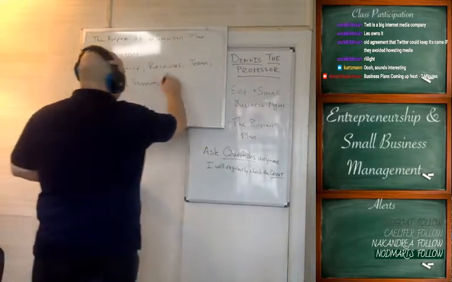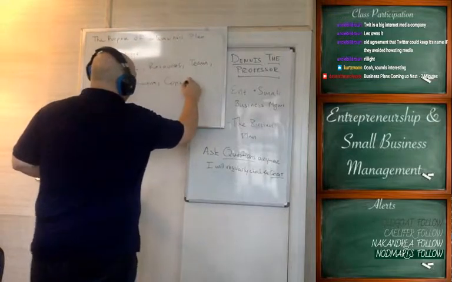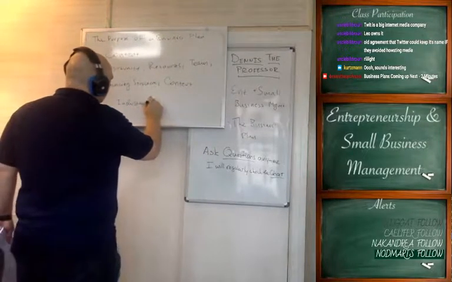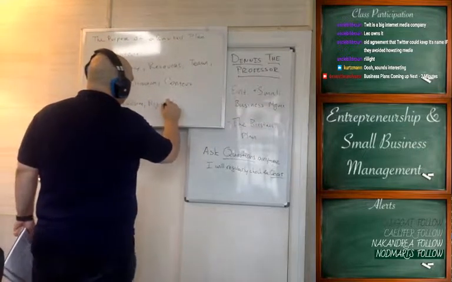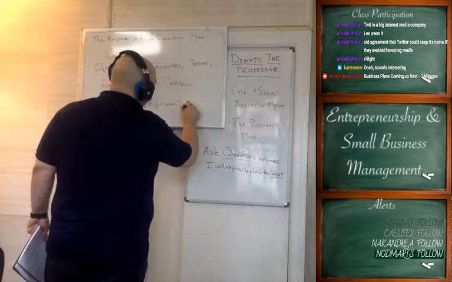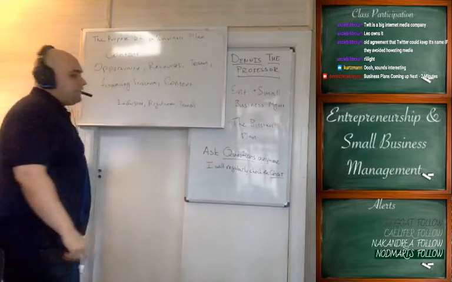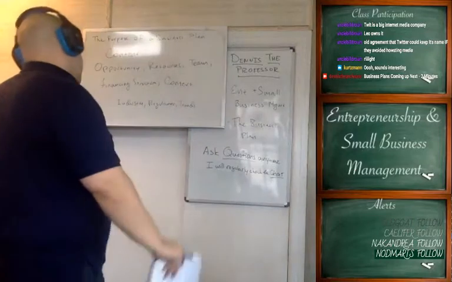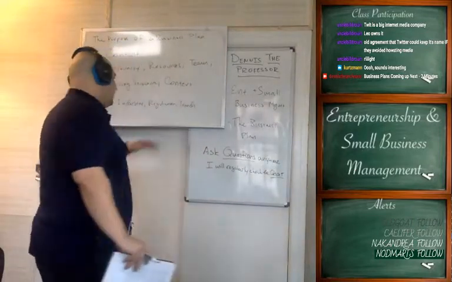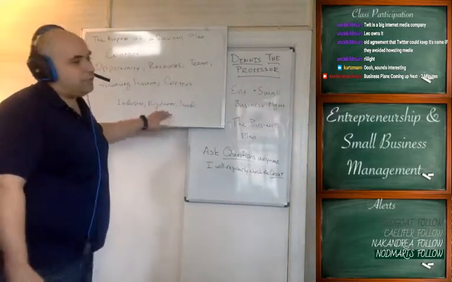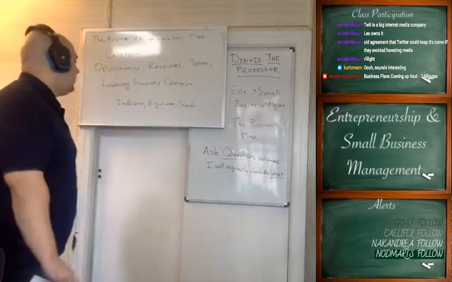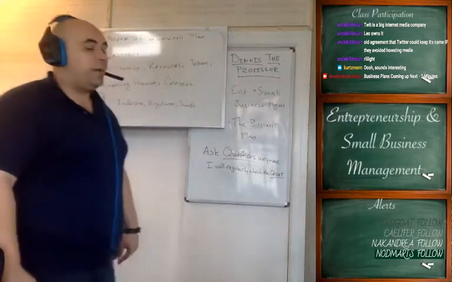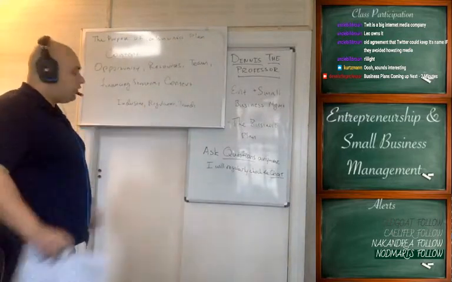And finally, you're going to want to talk about context. And context includes things like the industry, regulations, and trends, right? So for example, if it's predicted that more and more people will own cell phones, getting into the cell phone market is probably not a bad idea, right? If cell phones are going to be heavily regulated, probably not a great idea, right? However, if you can bypass this regulation or take advantage of it in some way or help another company take advantage of it, you can do that.